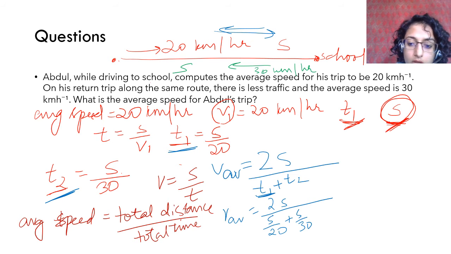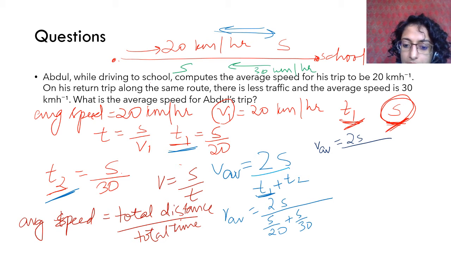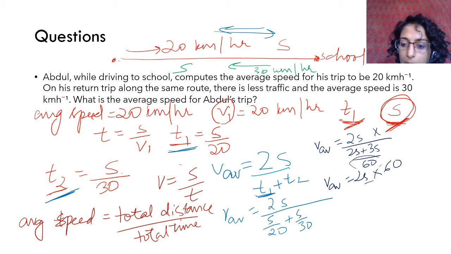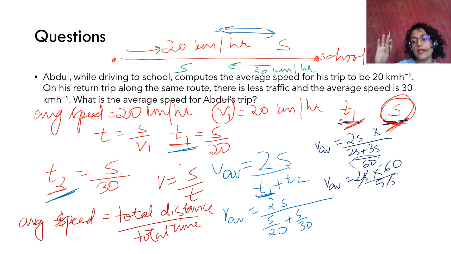So now we have V average is equal to 2s upon, now we take LCM. So 2s plus 3s and 60. आपको पता है डिनोमिनेटर का डिनोमिनेटर होगा तो it gets multiplied. So we get V average is equal to 2s into 60 upon 5s. S gets cancelled. Okay, that is why you need to put these values in one of these terms. आपने s को डिनोमिनेटर में भी लिया और न्यूमरेटर में भी लिया, इसलिए वहां वो it gets cancelled.